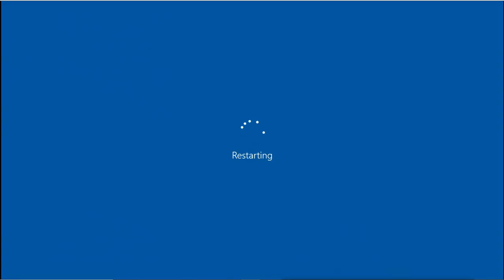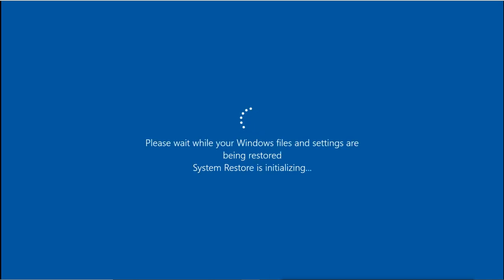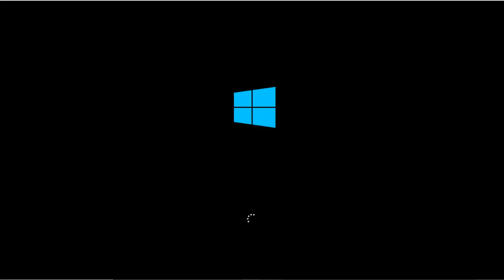It is restarting now, and it will take a little time based on the configuration we have. It says please wait while your Windows files and settings are being restored. System restore is initializing. Now our system has rebooted, and system restore has initialized, and now it is starting again.